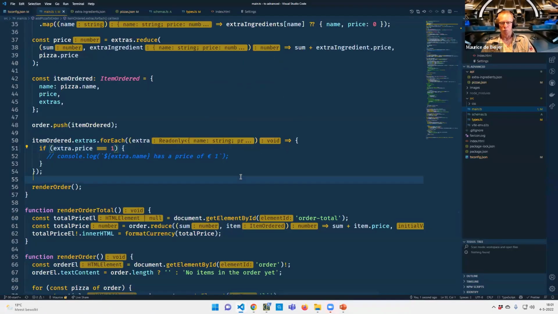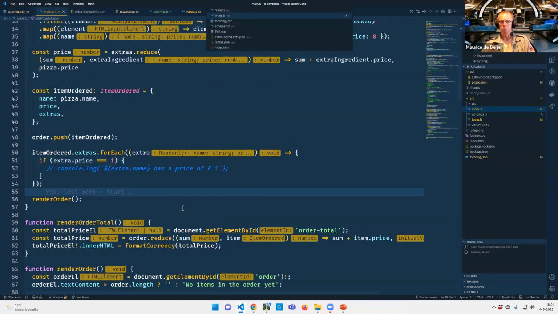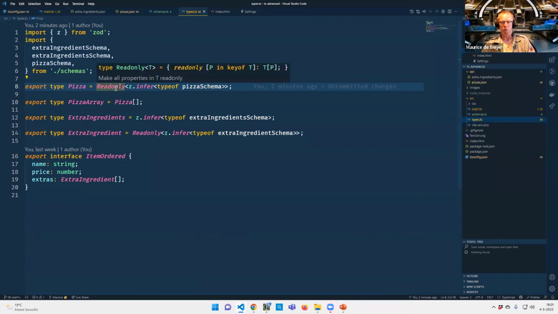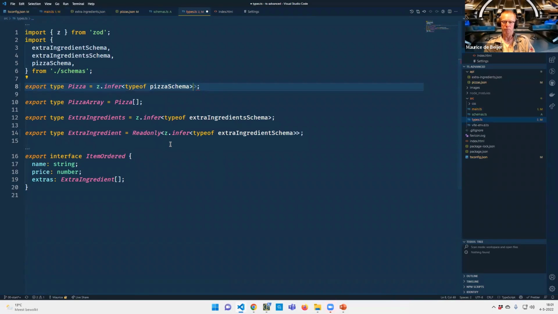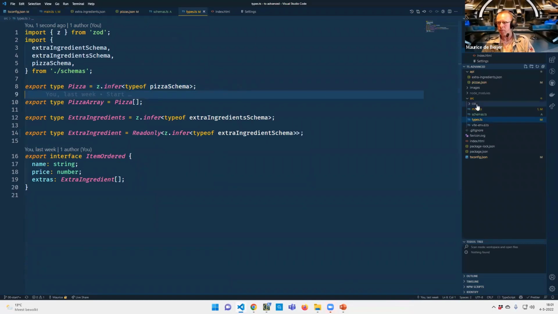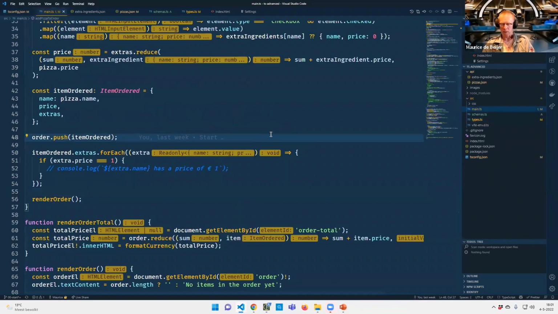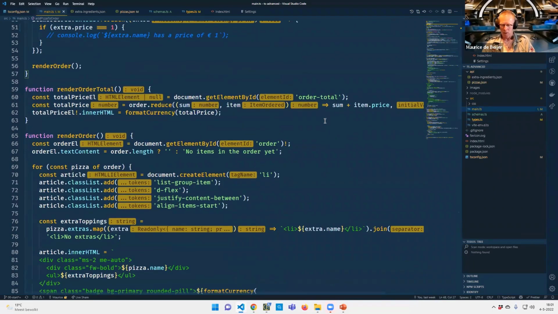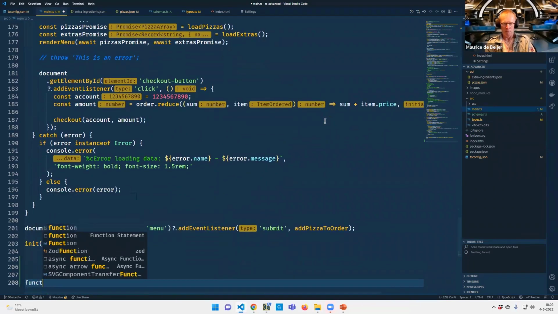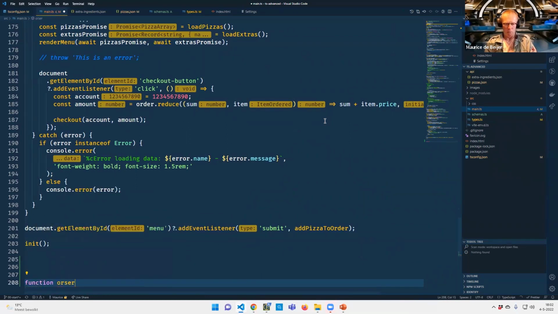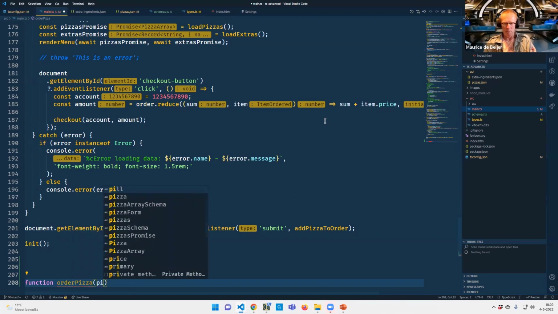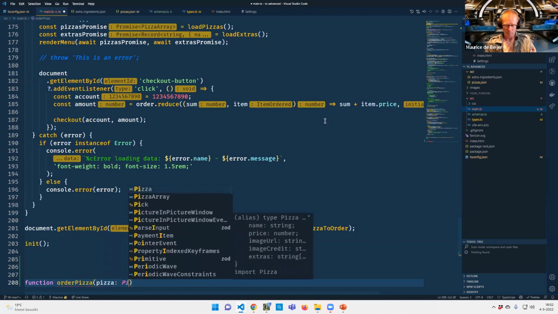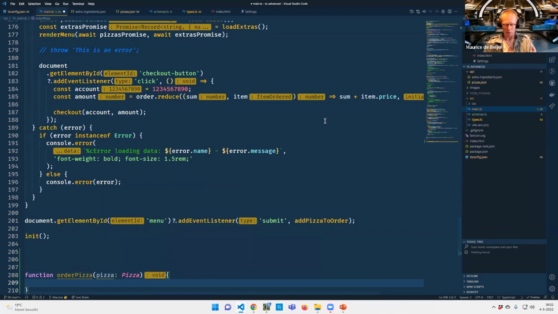Now, where do I use read-only? I now defined the types here as read-only. That works, but let me revert this for the pizza for a moment. What I typically do is I define my types and then I go to my application and I determine, well, how am I using them? Suppose I've got a function, function order pizza. It takes a pizza of type pizza and it should print the name. So console.log